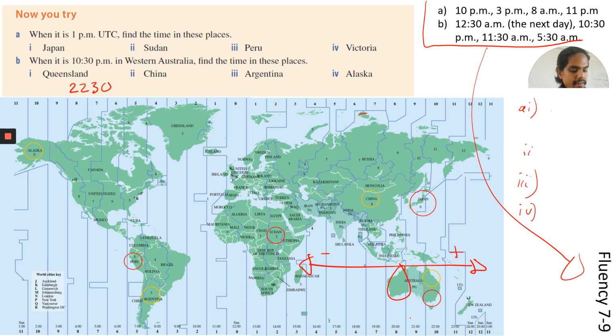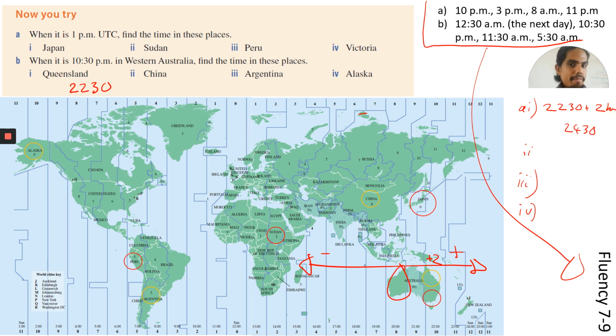Right, let's have a look at how far ahead Queensland is. Well, WA is plus 8. Queensland is plus 10. So we have a plus 2 difference compared to WA. So Queensland is 2 hours ahead of us. So when it is 10:30 p.m., we're going to add 2 to that. So 22:30 plus 2 hours is going to be